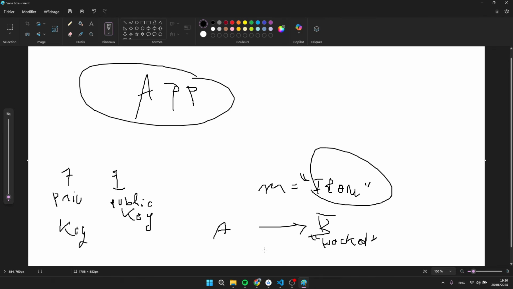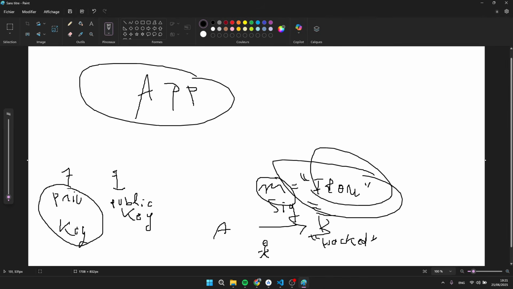So there's a man in the middle right here, this little guy, who is going to be changing the message, right? He tries to change the message, or tamper with it, or modify it along the way. So to make sure that B can check if the data is tampered with or not, we create something with the message we call an e-signature. It's going to take the message and do some math on it, using the private key. It's going to be signing the message using the private key,